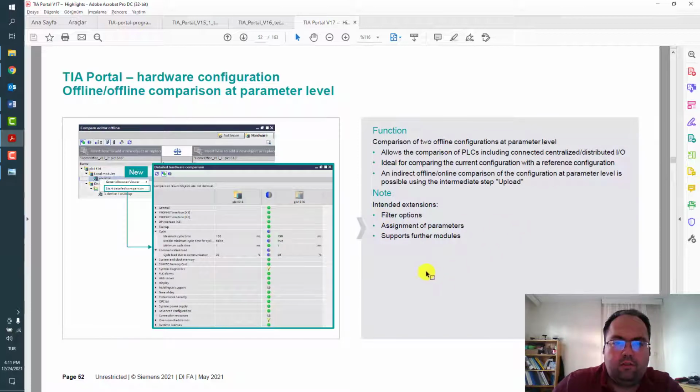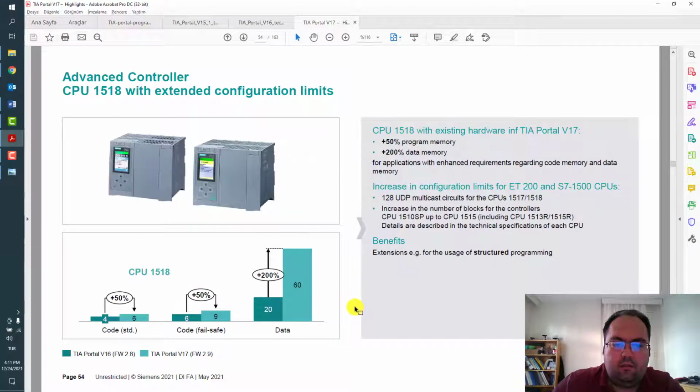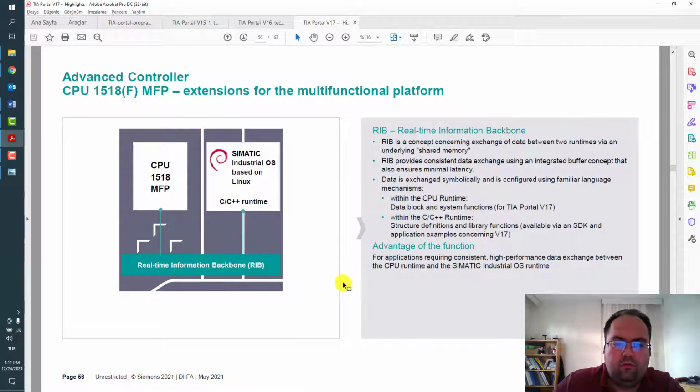Hardware configuration, offline-online comparison, new redundant controller with safety, new hardware, and new features with MFP, an industrial operating system based on Linux. C and C++ runtime is possible to use with this CPU.